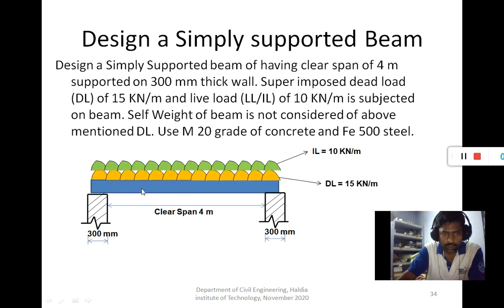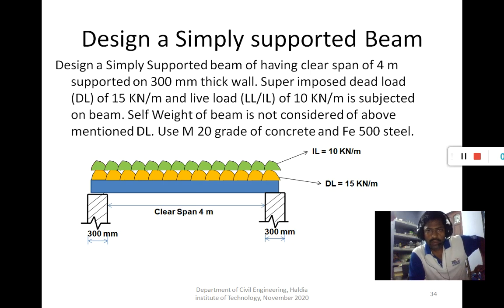Generally a beam is a horizontal member which is mainly designed for flexure, meaning the bending moment, and for shear. Beams are designed for maximum bending moment and maximum shear forces.